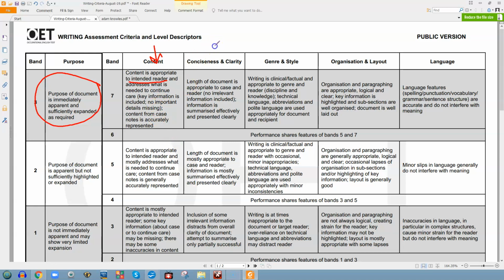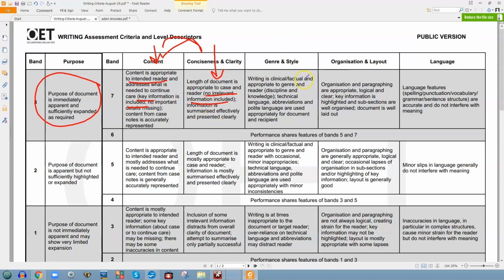Also, what don't you need? Irrelevant information. Again, as I just said, we don't need fungal feet or asthma. So these are two sides of the same coin. This is what you must include, and this is what we don't need. And it's also about how well you summarize it and